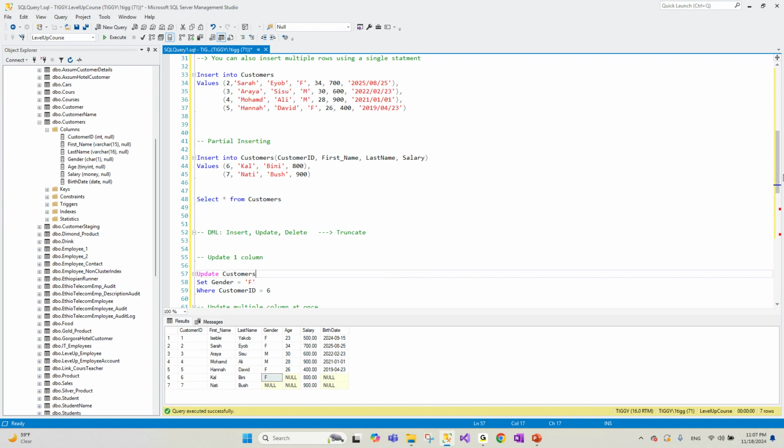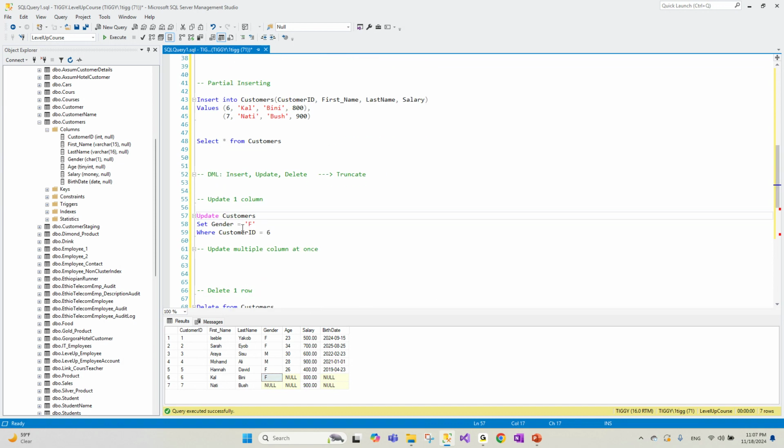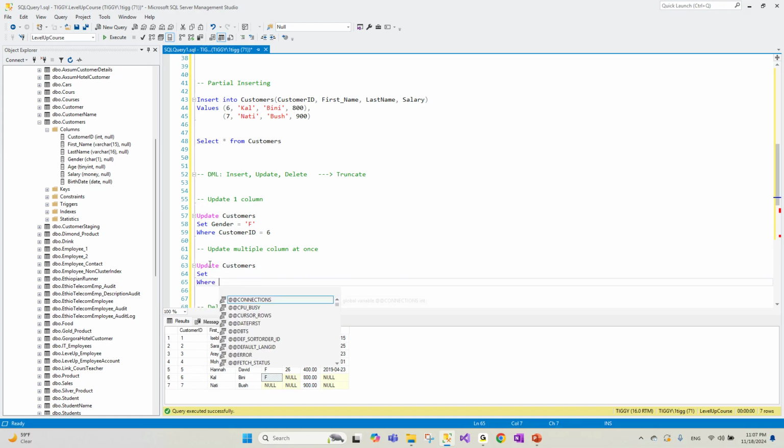What if I want to update these two at the same time? Okay, so updating multiple columns at the same time. What I want to do, again: UPDATE customers. A good practice: SET, WHERE, again, customer ID